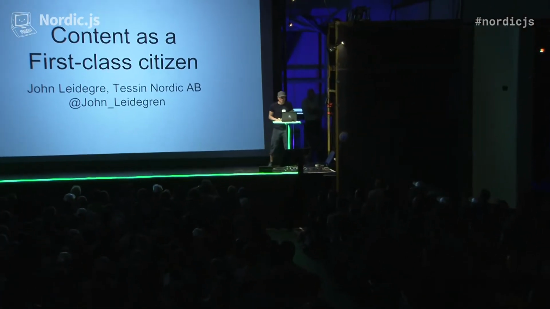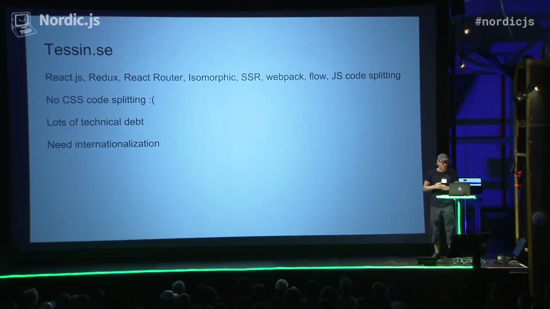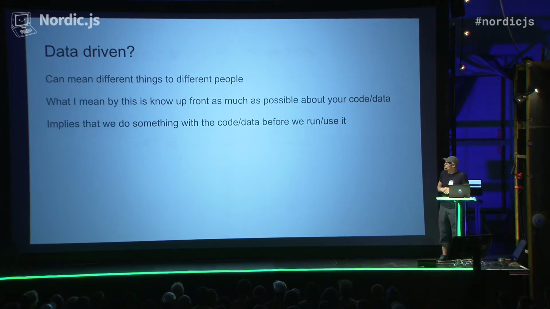Okay, so content as a first-class citizen. What do we want to do? Well, we have this kind of amazing site that actually works, but it has a lot of technical debt, and we have a lot of different stacks working together. And we don't have code splitting of our CSS, which we actually wanted to have, but it never worked. And we need internationalization. And I'm not overly fond of the way we do this with Webpack,